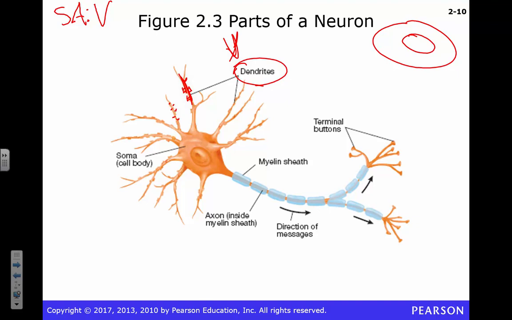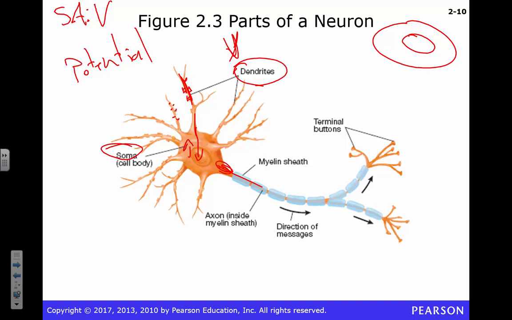All of that info eventually is going to flow down to something called the soma, or cell body, okay? And then it's going to go out through the axon. We'll talk about that in a minute. What goes on in the soma? Again, we're still going to be doing those calculations, up and down on what we'll call potential. Right now you don't know what that means. We'll explain potential in a bit. Potential goes up and down. Eventually, we're going to make that decision to send or not send that signal.